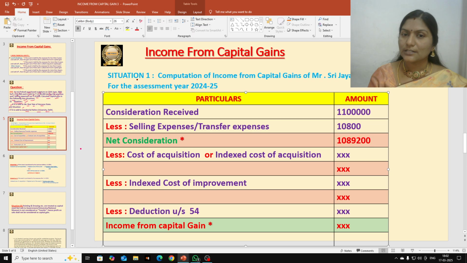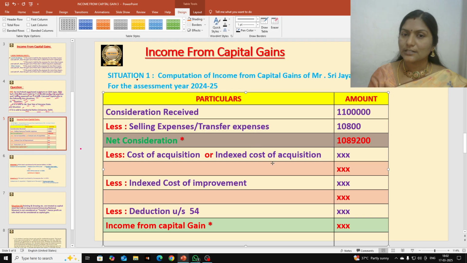This is the amount that you get, and you should name it as net consideration. Always, after deducting selling expenses from consideration received, we should give a name for the amount, that is net consideration. After that we are going to deduct either cost of acquisition or